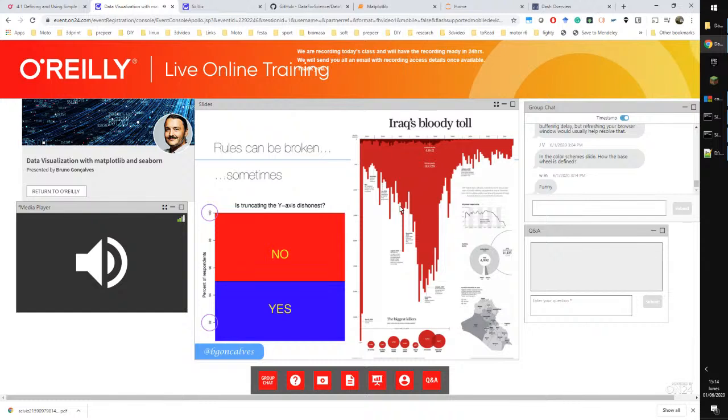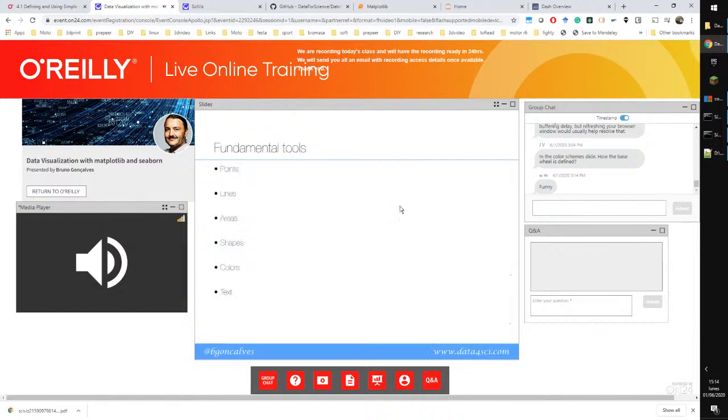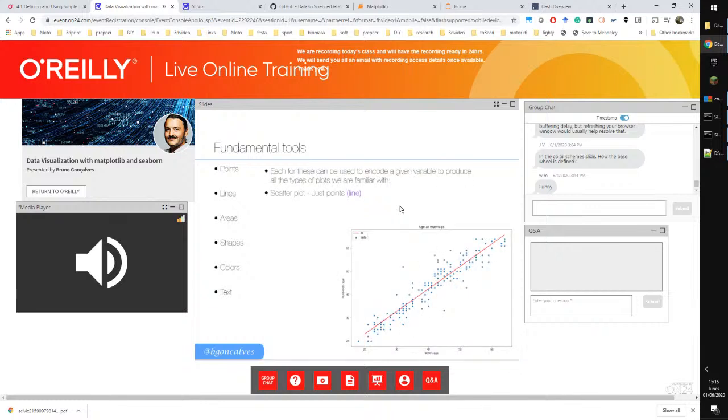And this brings us to the idea that there are certain fundamental tools, fundamental building blocks of visualizations that you put together to build up what your story is, what your picture is, right? These are relatively simple things that you're familiar with, and depending on how you combine them, you will get very different results. Of course, each result will be particularly suited for one purpose versus another. And you can use these as a way of encoding features or variables of your data